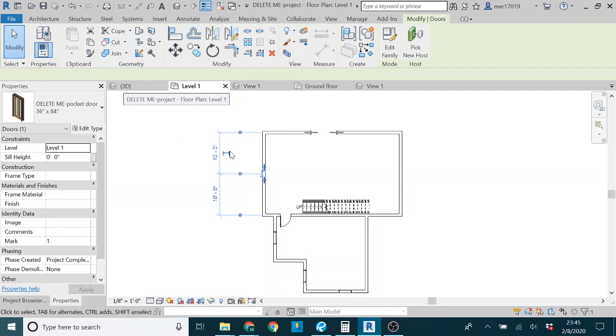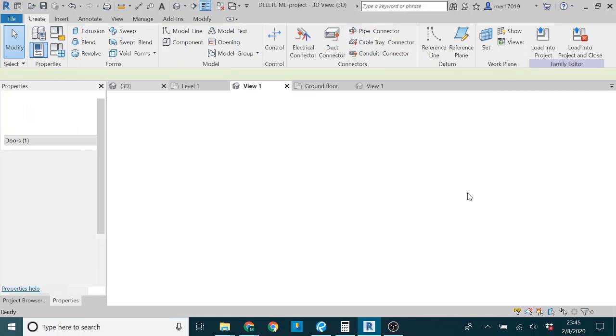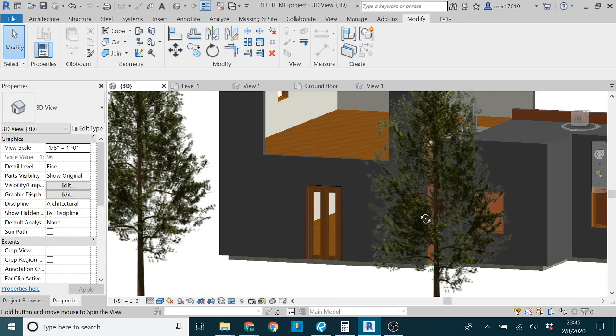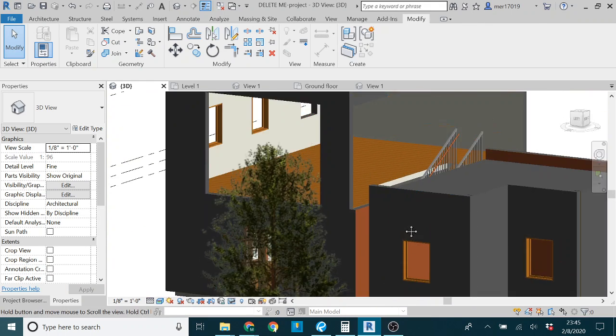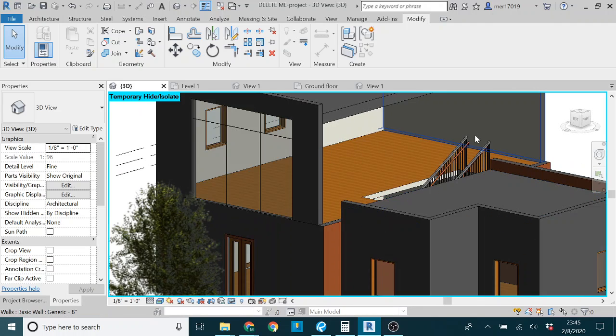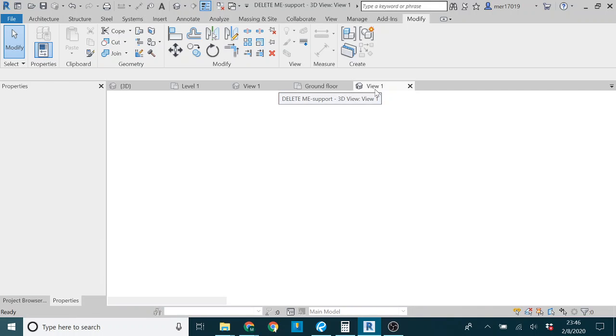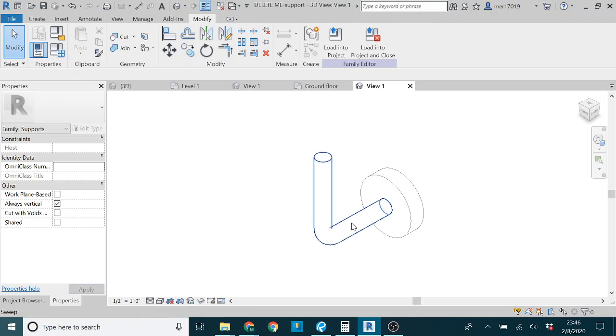I'll show you another example with my support that I have here. This is actually where I really learned about how to make the family types. So you see here that the support comes into the guardrail and has a plate here, and just the way it comes in doesn't look very good with that plate. And so what I was, sorry, I'm getting sick. I was wanting to get rid of that plate,